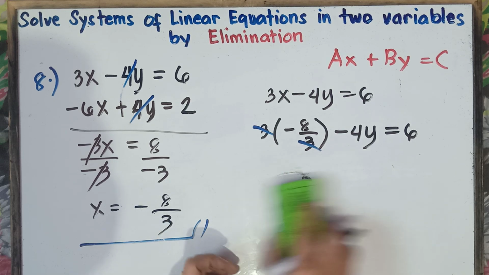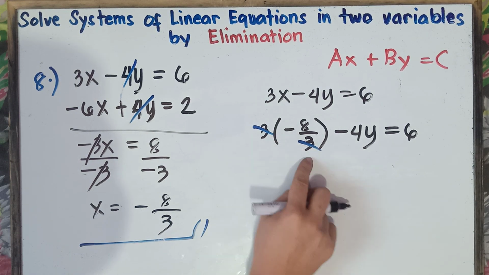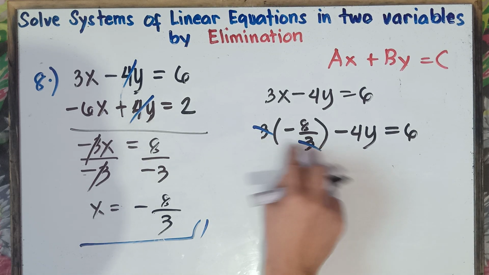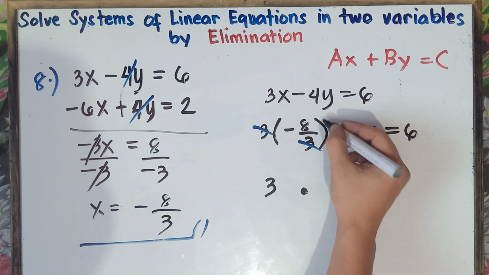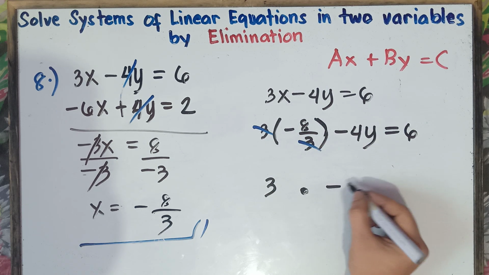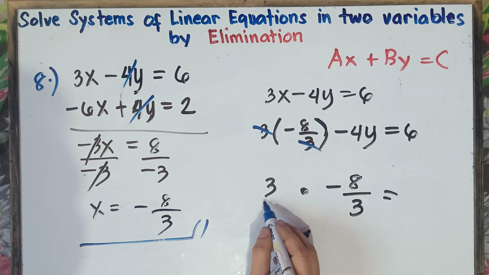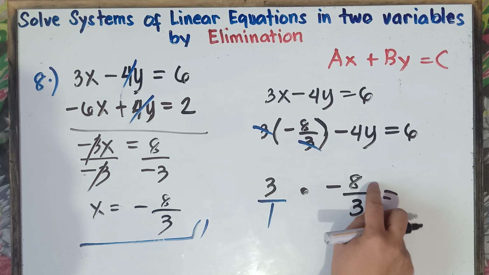Okay, I hope it's clear for you, class. Or we can multiply this one, if you're confused, because we can simply divide this one, class. 3 divided by 3, that would be equal to 1. Or if you're confused, we can multiply this one. 3 multiplied by, this is multiplication, right? Parentheses, multiplied by negative 8 over 3. Understood, class, for any whole number, there is a denominator of 1. So in multiplication of fractions, multiply the numerators.